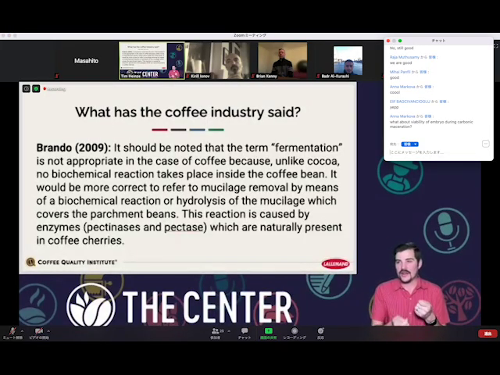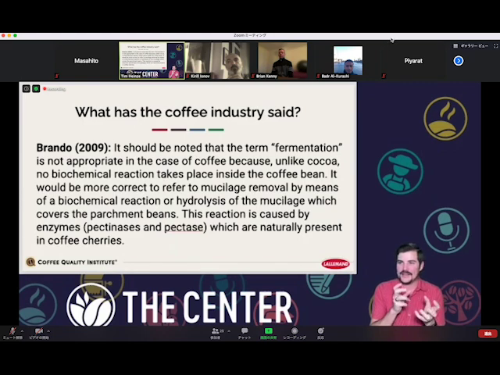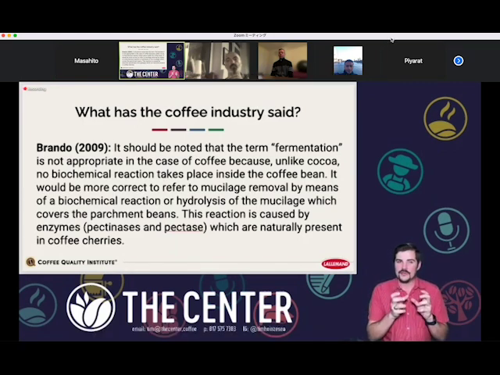Okay, I know it's kind of, are we just talking about semantics here? Not really. We're talking about this difference in use. So where I come to at the end there is that fermentation is both activities that are occurring and taking place by microorganisms outside of the coffee seed, in that mucilage, in those tanks. There are microorganisms that are utilizing fermentation to break down and consume food, which produces energy, and they're producing byproducts in that process. And these byproducts vary